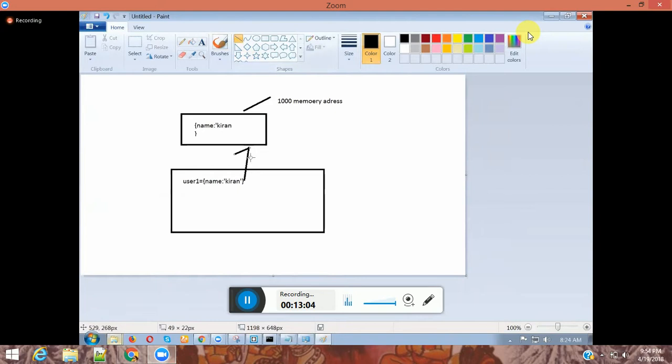Very bad design. It's a bad design. Okay. Now user 1 is holding the memory address of 1000. The moment you say